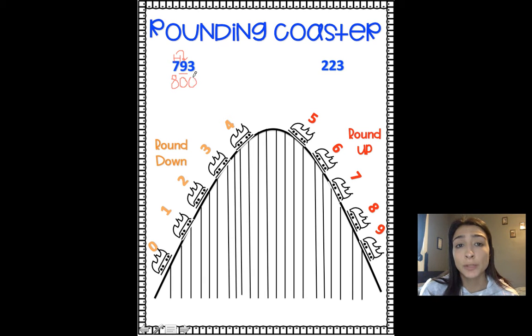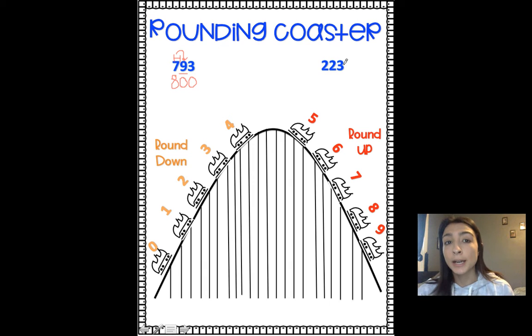There are going to be some problems asking you to do rounding. So if you need to have this anchor chart there to help you, you are more than welcome to have it out. If you would like to print it out, you can. I'll attach it as just an individual poster. And then let's look at our